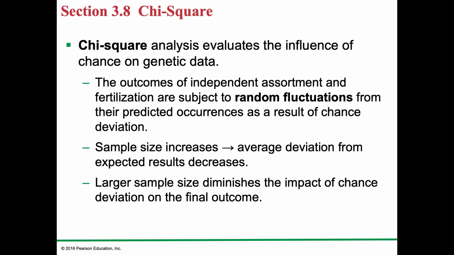And so that's what chi-square analysis does, it looks at those numbers and tries to help you figure out whether or not any fluctuation you see is because of chance or because of some other factor that may play a role. And so that's why when you do experiments, it's really important to have a large sample size. So again, that idea of even if you flipped a coin 10 times and you got heads 10 times, kind of weird, but it could happen. But if you flip it 10,000 times, you should not get heads 10,000 times.